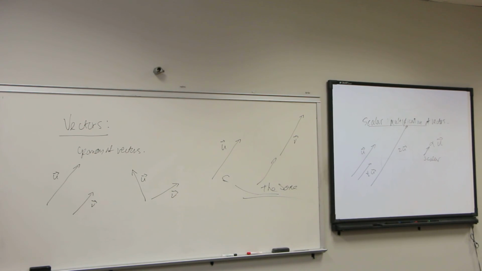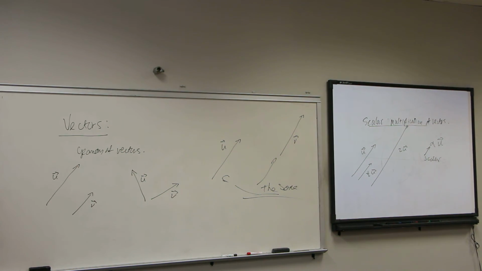Well, now, if you are going to add things, you better do it correctly. That is to say, if you add 2 plus 3, it better be the same as 3 plus 2. You would like that commutativity. If you add 2 plus 3 plus 5, you can add the 2 plus 3, get the 5, and then add it to the 5. Or you can add the 3 plus 5, and then add it to the 2. That is to say, if you add a vector u plus v plus w, you better be able to add the u plus v, get a vector,